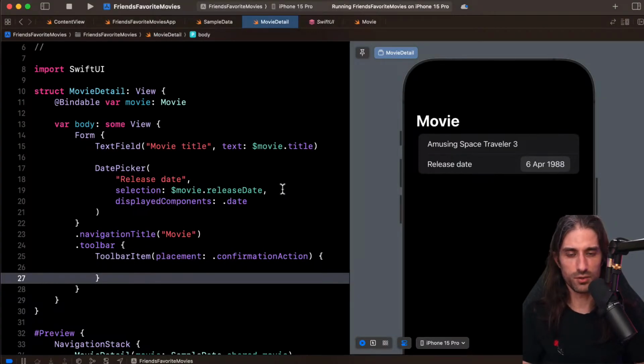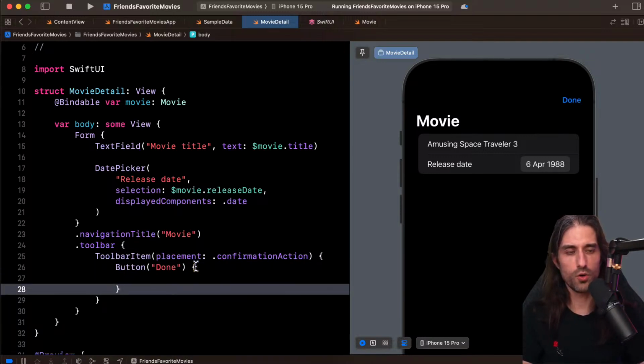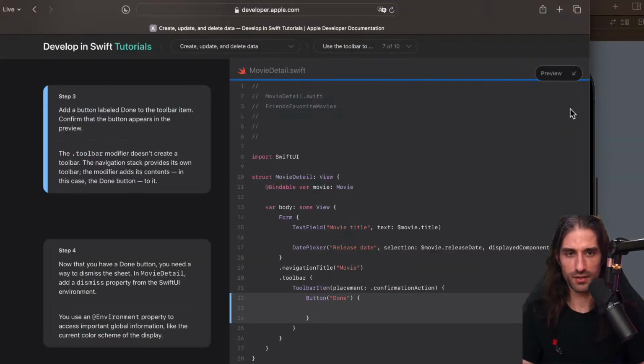So data is defined in the child view and consumed by the parent view. If you're curious as to how SwiftUI does this, it's probably through something called preference keys. If you want to learn more about it, you can check out my live stream about learning SwiftUI, the one called, I think, Advanced Data Flows, where we cover what preference keys are and how they work. So we can see the button is appearing here on the top right.